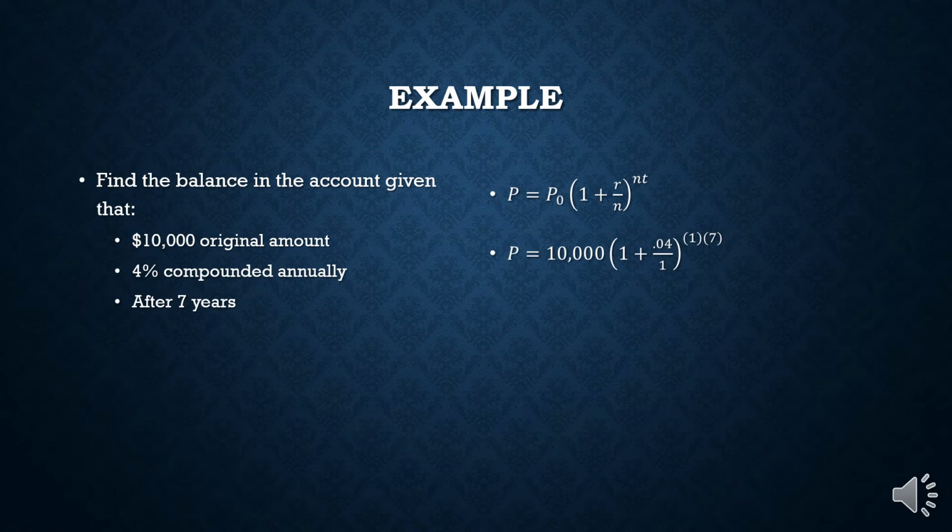Plugging this into my calculator gives me 10,000 times 1.04 raised to the 7th power. Notice I divided first on the inside and I multiplied my exponents on the outside. Now I need to raise 1.04 to the 7th power and then multiply it by 10,000. My final answer is